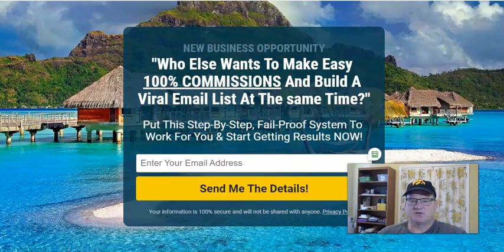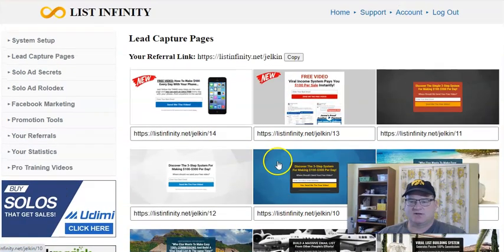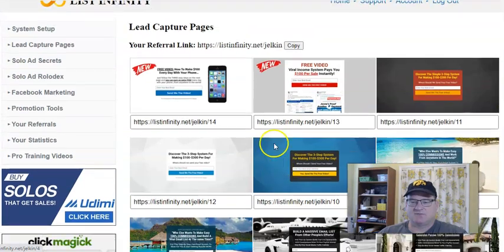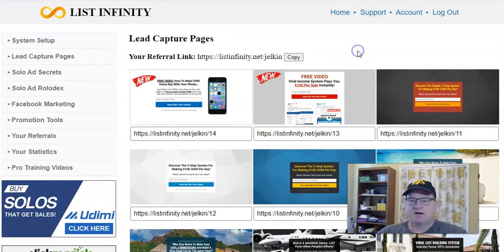And so you can go through and you can decide which of these you want to use. And you can use all of them if you want to. You don't have to limit yourself either. Because you can make opt-in pages through WordPress as well. And that's another common way to make an opt-in page. You can use the free Elementor plugin to make a nice opt-in page, etc.